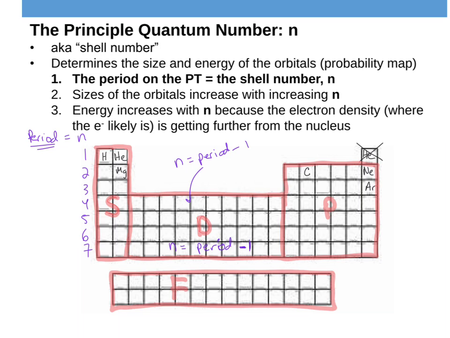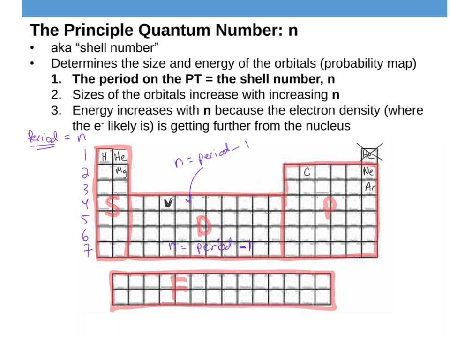minus 1. So what that means is if you look at an element like, for example, vanadium, let's say we have vanadium right here, the third transition metal. If you look at vanadium, its principal quantum number is not 4, it's 3. So the highest energy electron in vanadium is not actually in 4, it's in 3, because we're taking the period minus 1. So everything right here is in a 3d orbital. Here, this is all in a 4d orbital, 5d orbitals, 6d orbitals. So they're the period minus 1, but we're able to read the periodic table and figure that out.